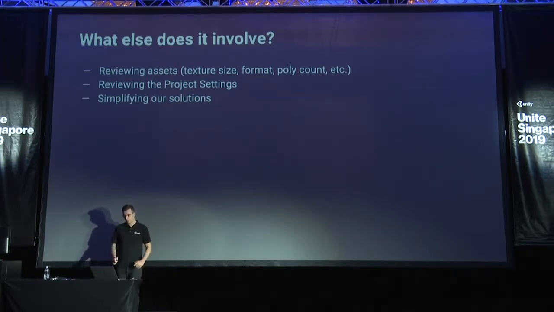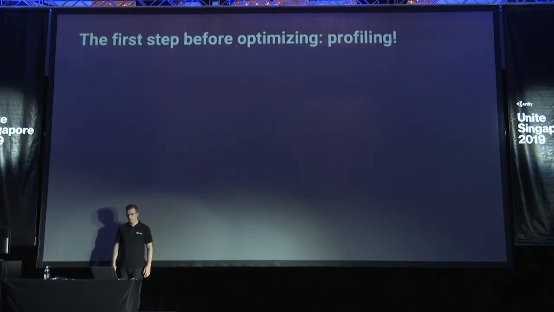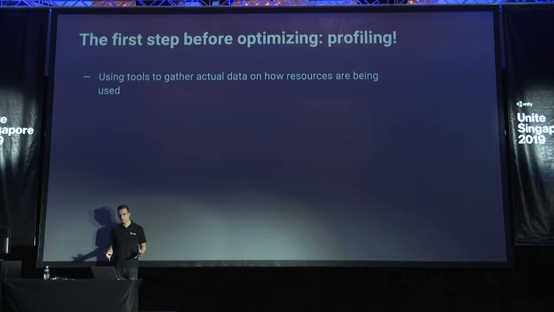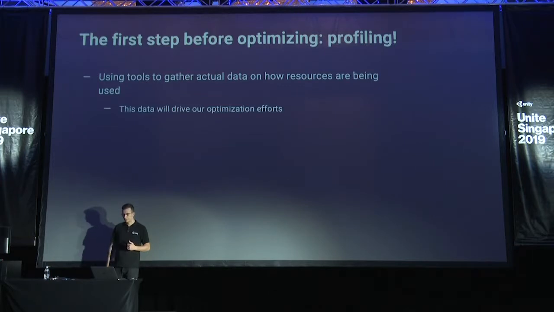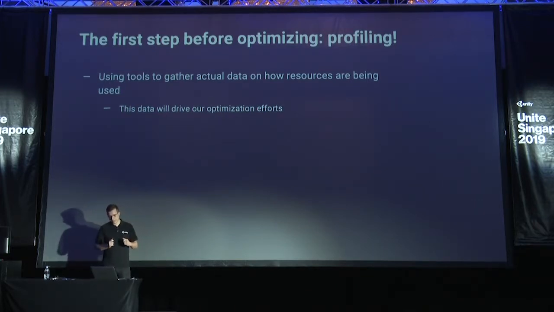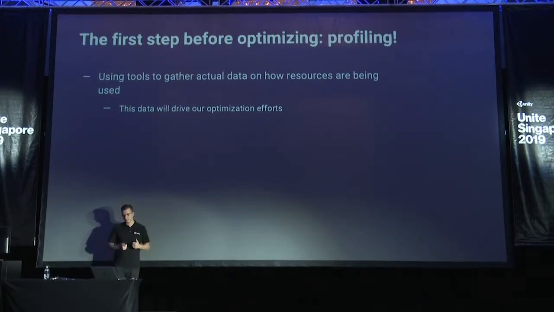Another question that we want to ask ourselves is, when do we need to optimize? We always want to make sure that we make informed decisions, and to do that, we need to use specific tools that will help us gather some information about our game, and this information should drive our optimization efforts. In programming, there is this notion called premature optimization. So you don't want to optimize prematurely, meaning that you first need to gather information and make sure that you understand the problem. And once you understand it, then you can actually start optimizing